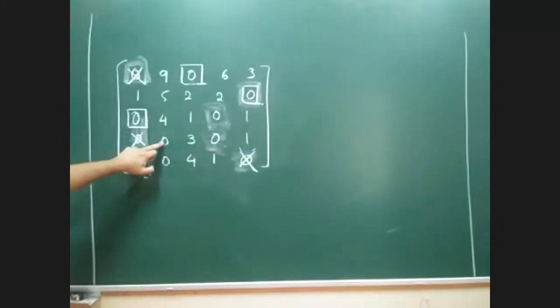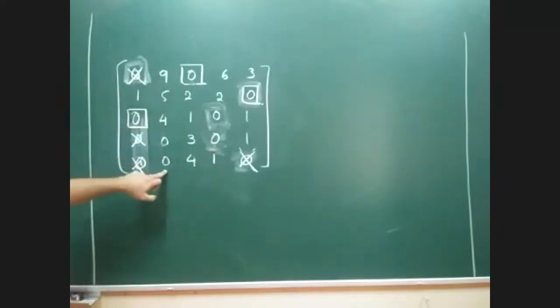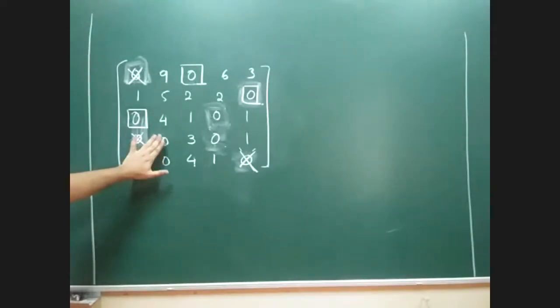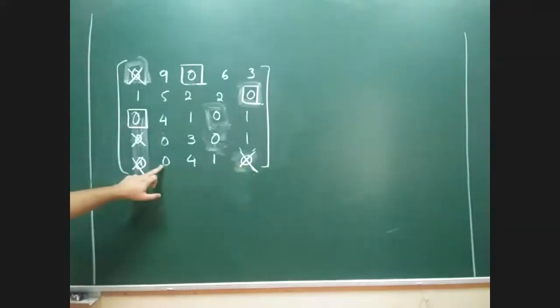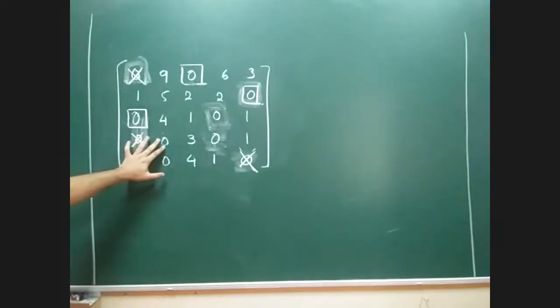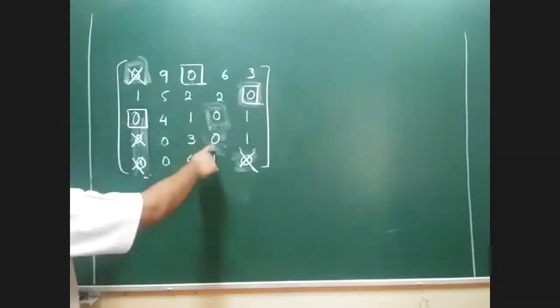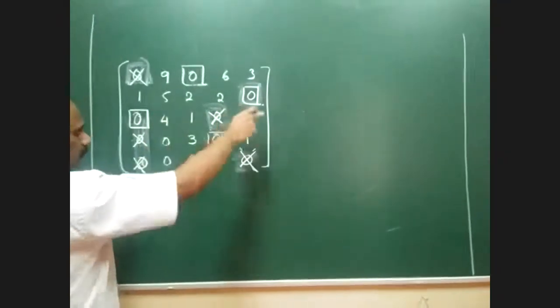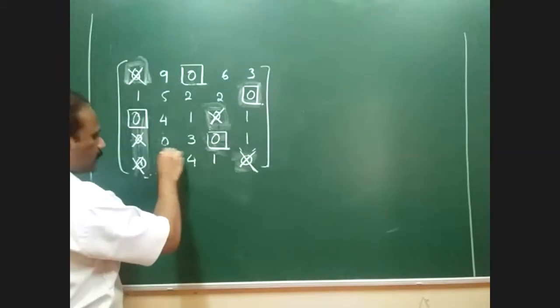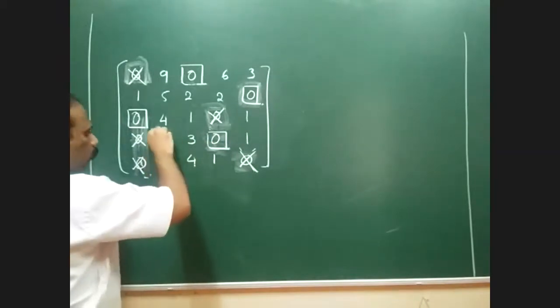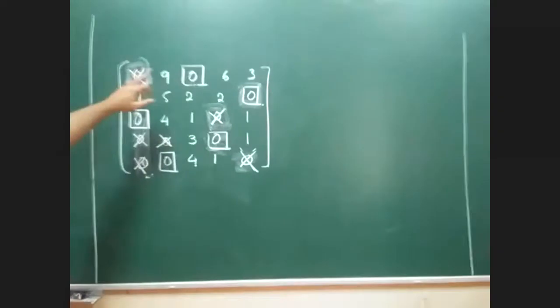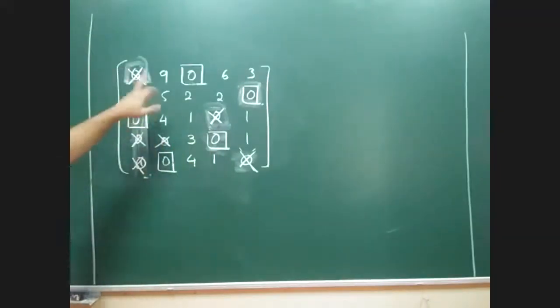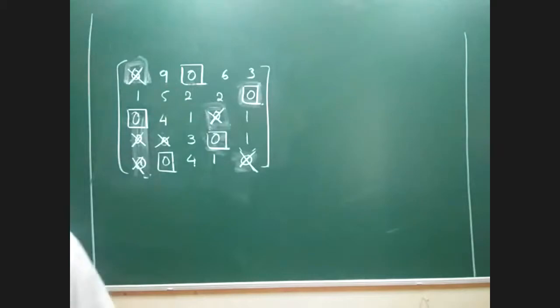If I'm selecting this, then obviously this entire scope is gone. If one single zero is blocked, I cannot select this, because if I'm selecting this for allocation, then the last row will have no allocation at all. Therefore, this cannot be considered. Let me come back to this. Obviously, you can see this is blocked, no problem because allocation is already done here. I think the last value is there. So this I can take, this also will become. So 1, 2, 3, 4, 5, 1, 2, 3, 4, 5. So all the allocations are completed.